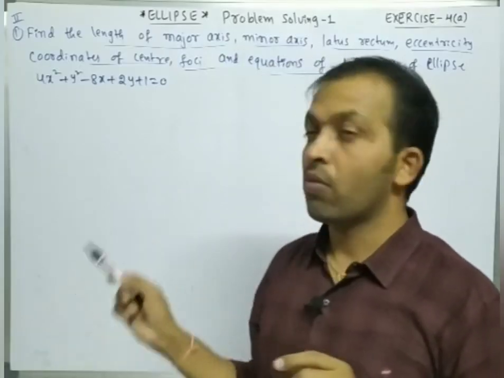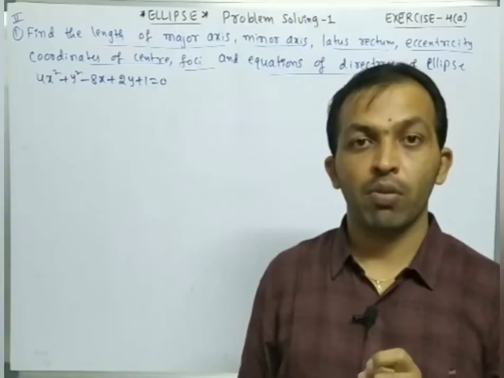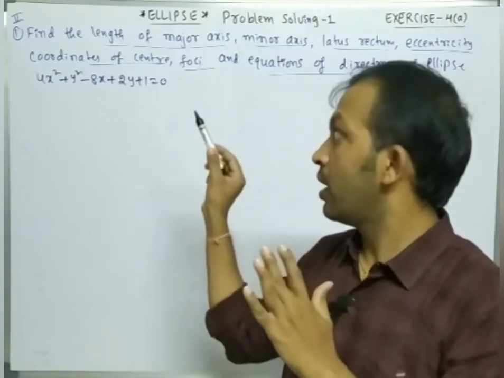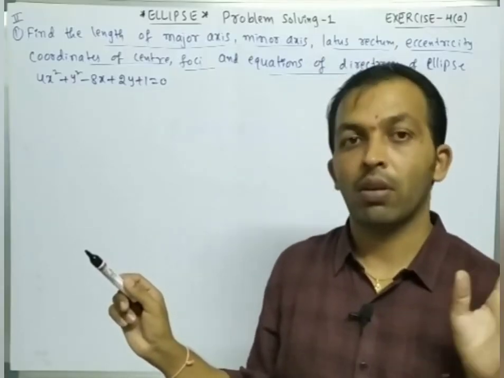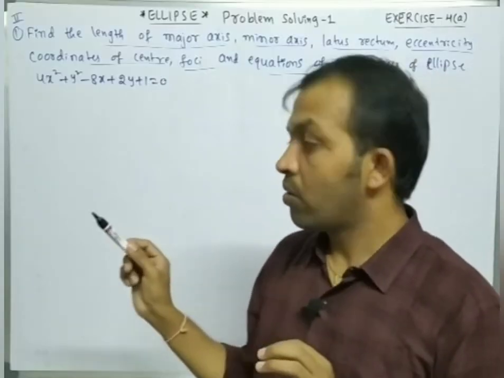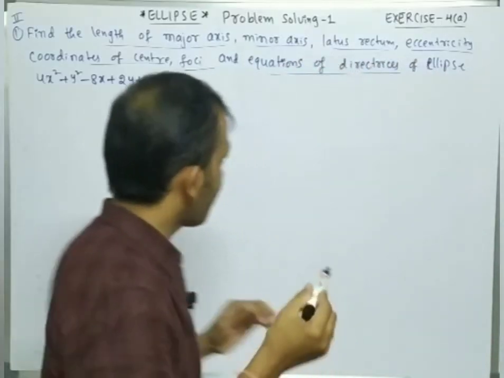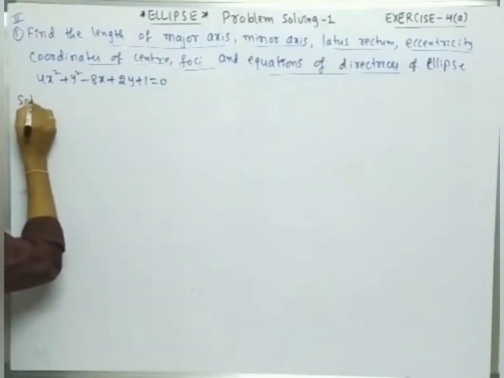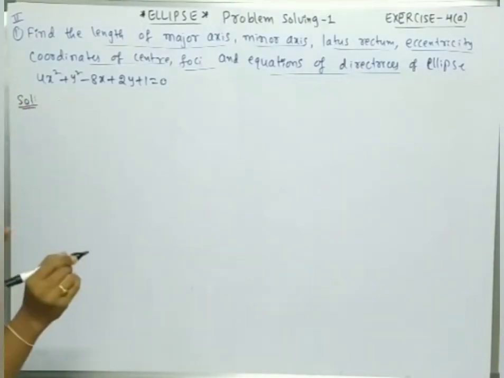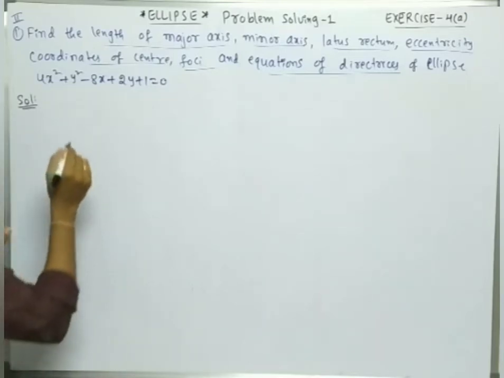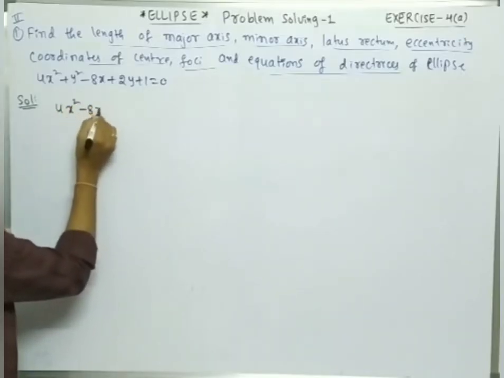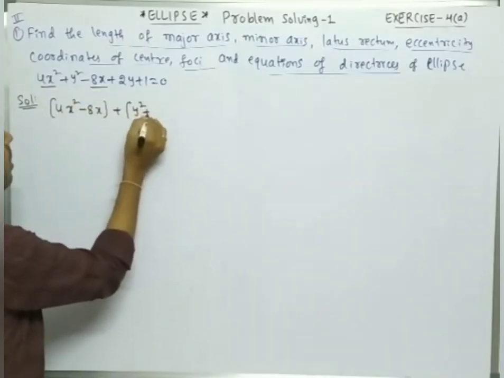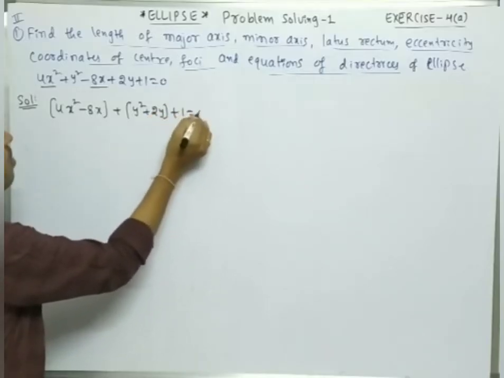This may be one of the transformed forms of the ellipse. So convert it into that form, find h, k, a, b, and find all the remaining things. Listen carefully. First, how to convert it into standard form. Already I explained this type of problem in parabola. So first of all, write the x square terms in one bracket and the y square terms in another bracket, plus 1 is equal to 0.